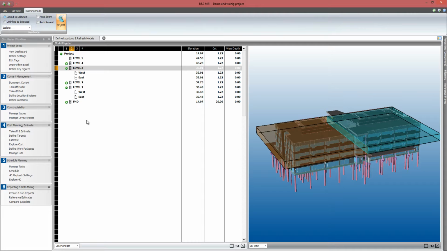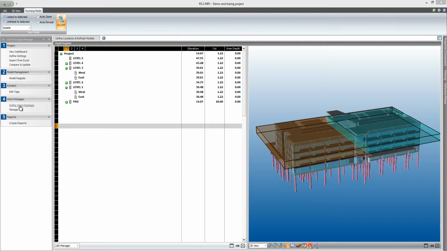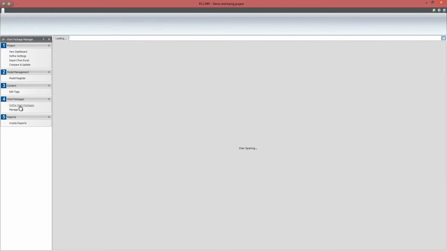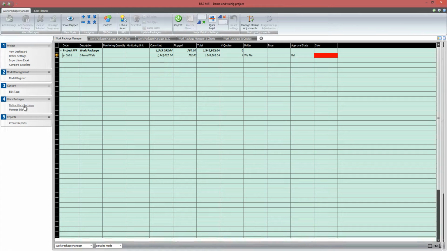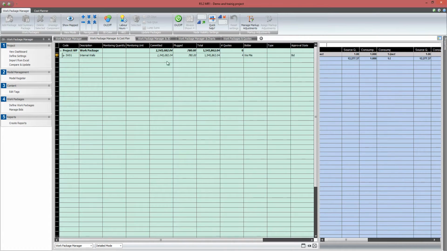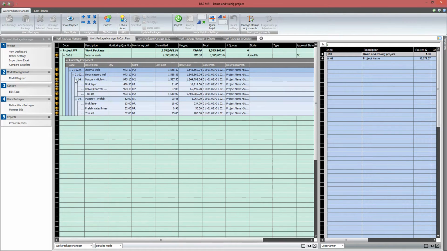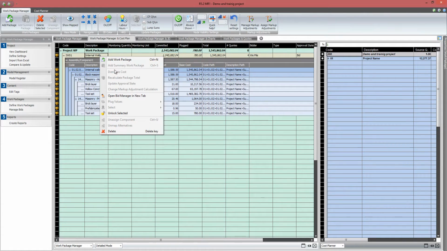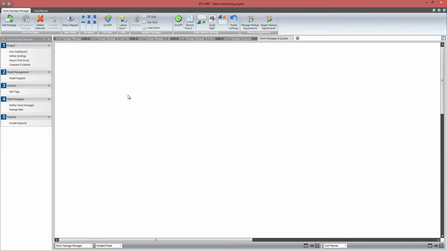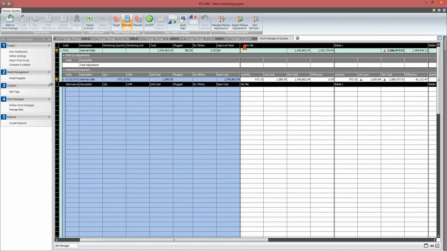And then finally, for this demonstration, I've set up a work package. So I have an internal wall package set up. Obviously you can have a huge number of packages, but in here all I've done is just drop the internal walls from my NRM1 structure. So there's a masonry, hollow core and prefab. And if you're interested in how to do this, again, go back and watch one of the previous webinars and we go through that. So inside this work package, I've got a few different bidders,